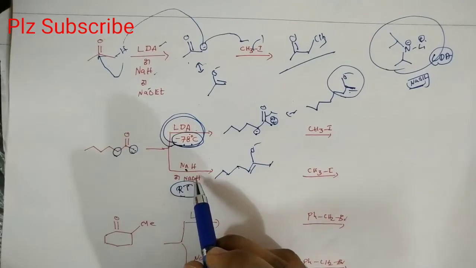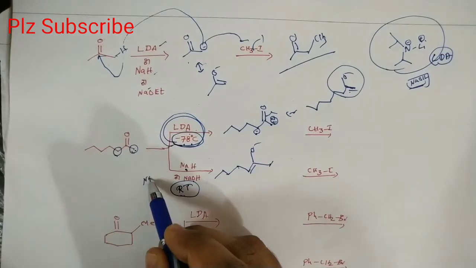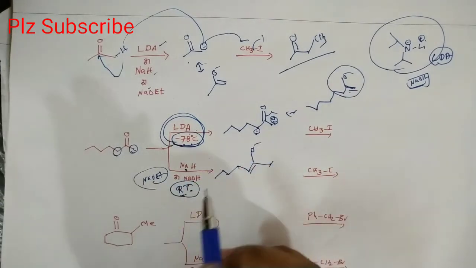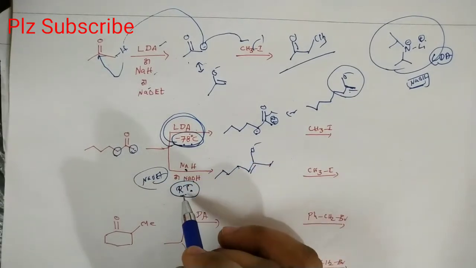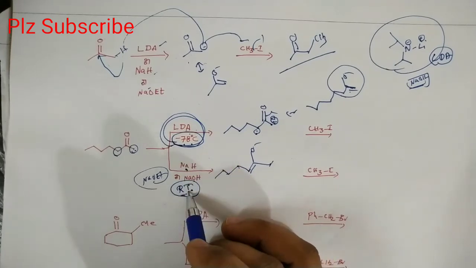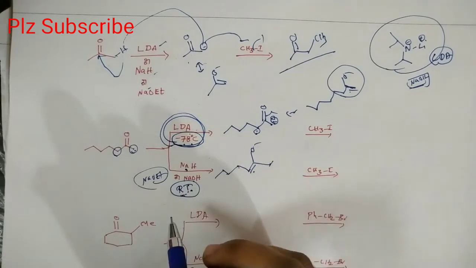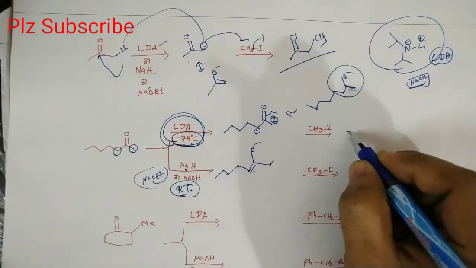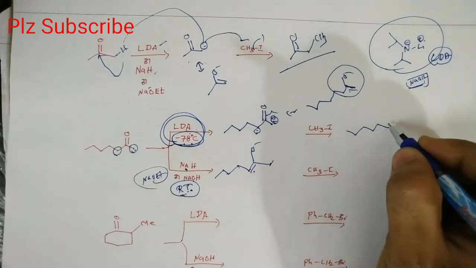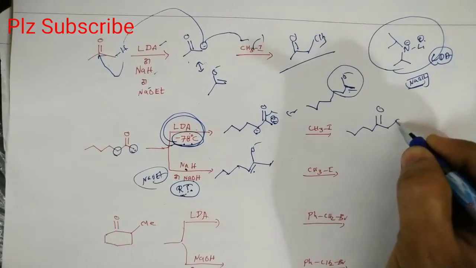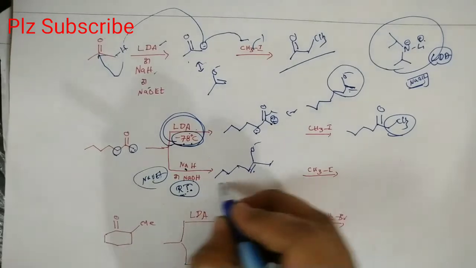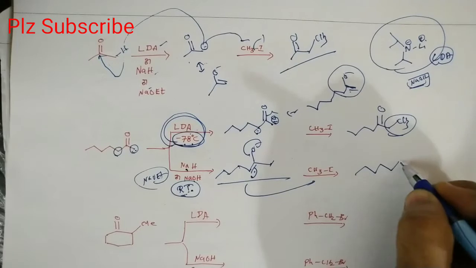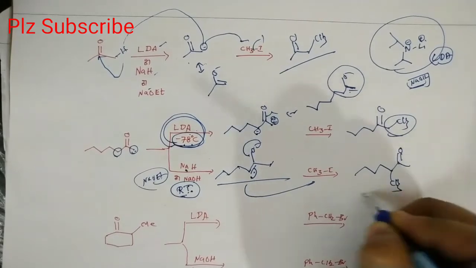But in the case of sodium hydride, NaOH or NaOEt, at room temperature, and the temperature must be mentioned like this, room temperature is considered a high temperature. At a high temperature the thermodynamically more stable enolate is formed. So in this case the alkylation takes place on this terminal carbon, and here the alkylation takes place on this internal carbon, giving the double bond over here with CH3.